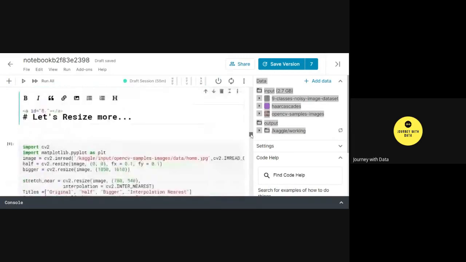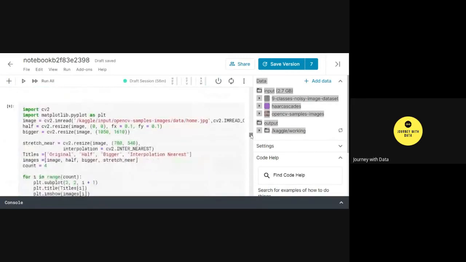Now, if you want to resize more, you can very well go ahead and play around with these parameters. Just try to change these parameters accordingly. So I am using again cv2.resize and fx and fy 0.1, 0.1, and then for a bigger image, I'm just providing these kind of parameters.